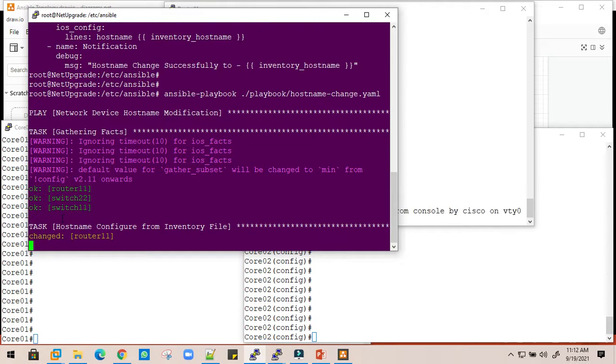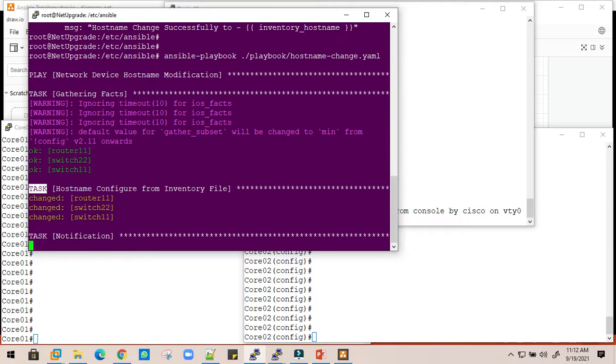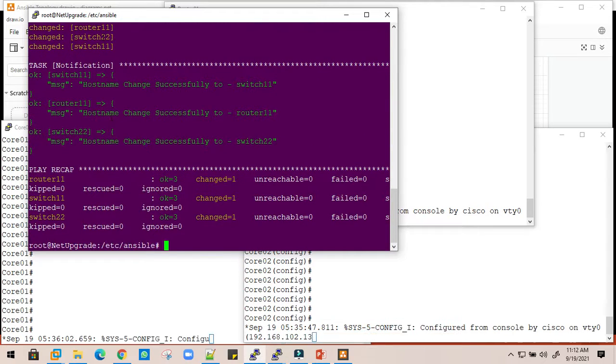And now it starts executing the task, hostname configured from the inventory file.